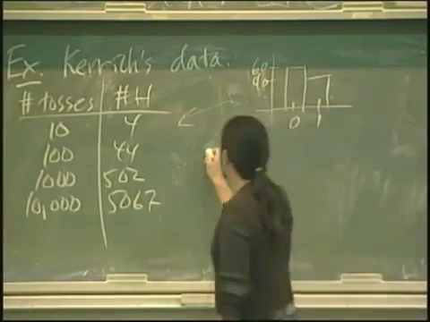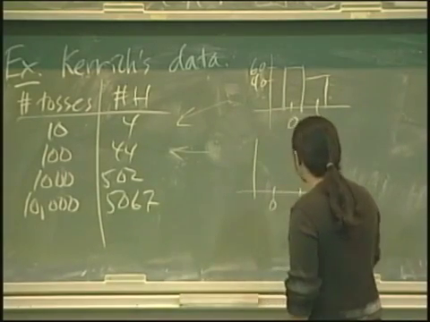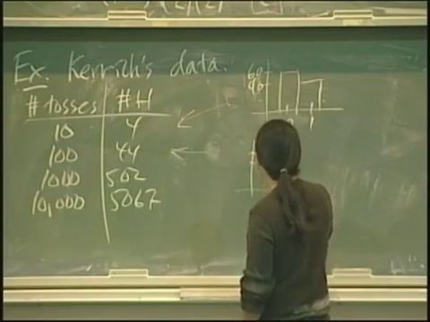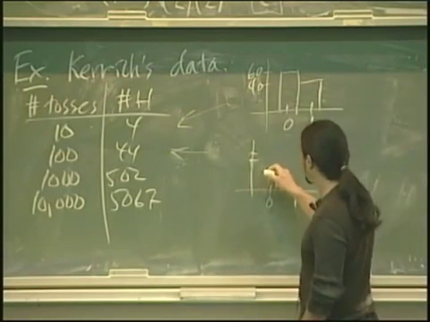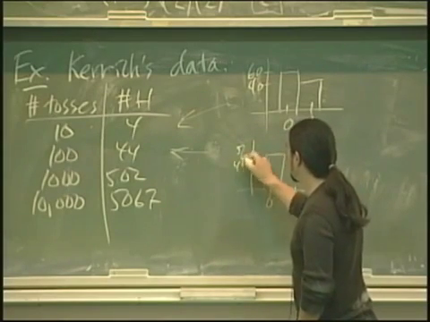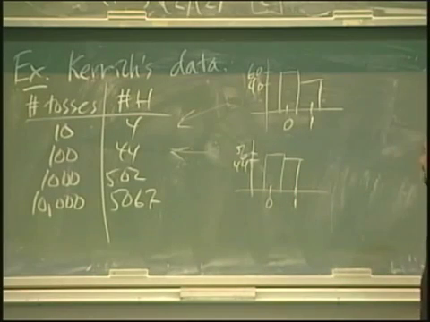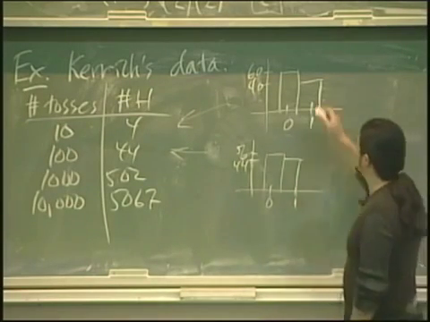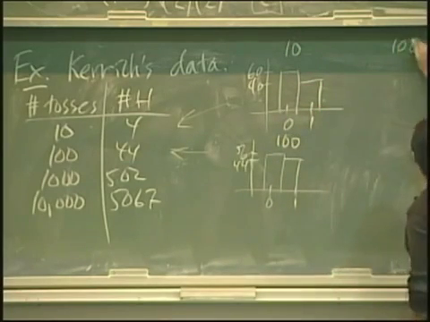Okay, so then for this one, what's it going to look like? It's going to be somewhat closer together, these two heights. So the first one is still higher. It's at 56. The other one's at 44. They're somewhat closer together for the second one. For the third one, so this is 10 tosses. This is 100 tosses. For 1,000 tosses,